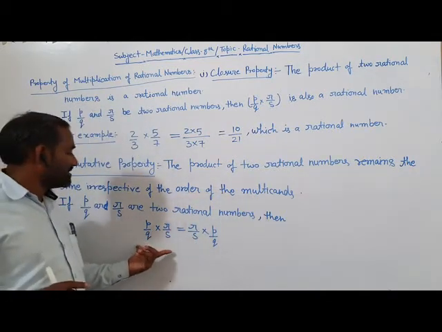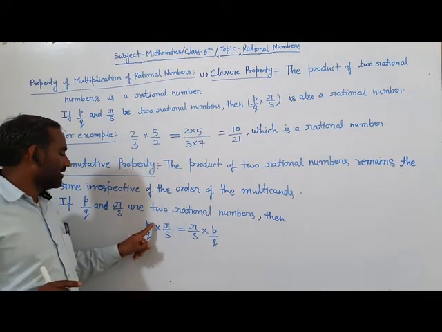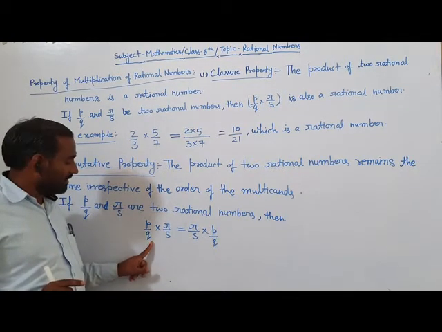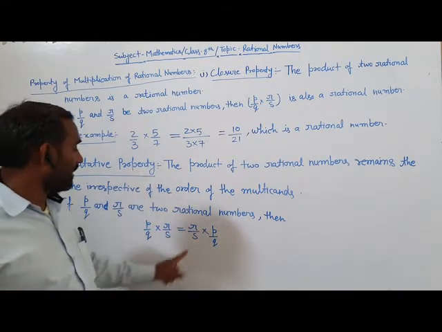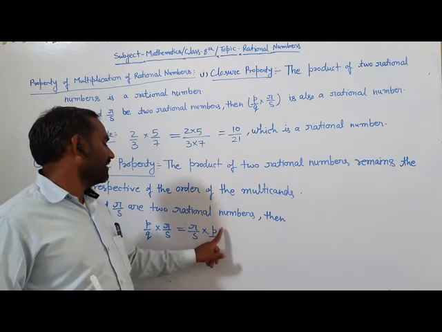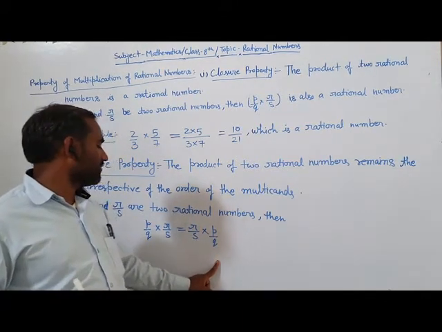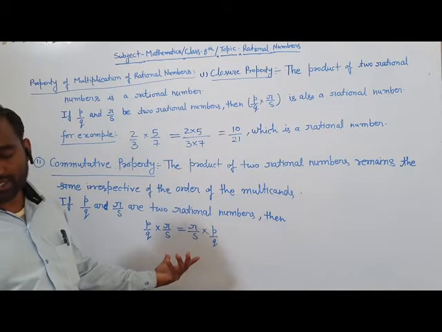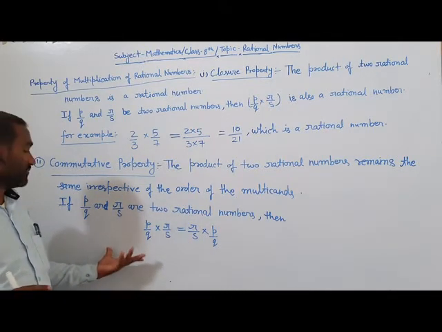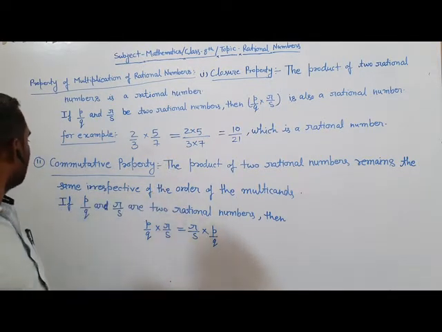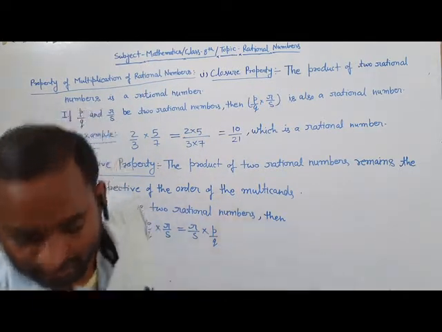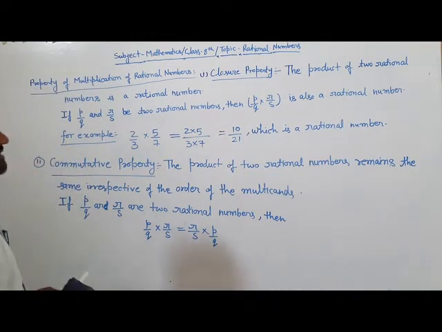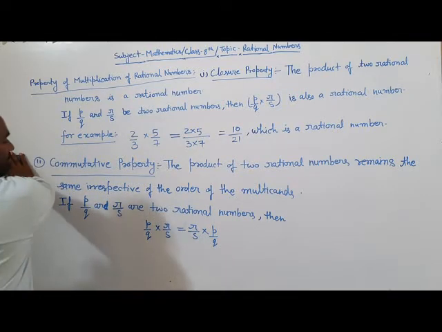Here we have changed the order. On the left hand side, p by q is the first rational number and r by s is the second rational number. On the right hand side, r by s is the first rational number and p by q is the second rational number. But the multiplication on both sides will be equal. This is the commutative property of multiplication. The product of two rational numbers remains the same irrespective of the order